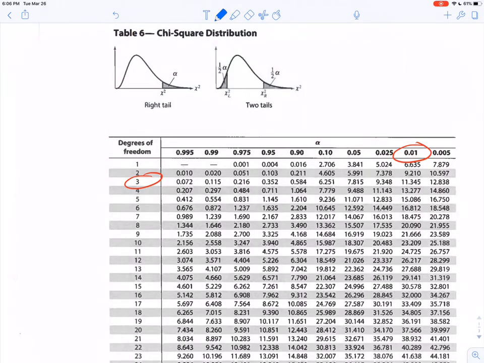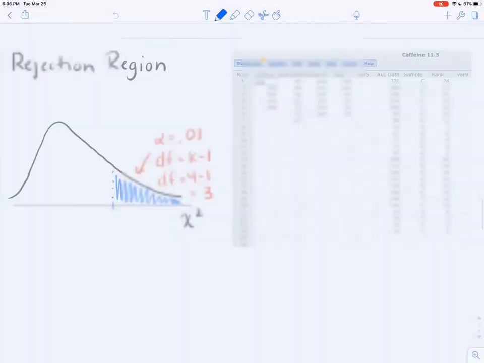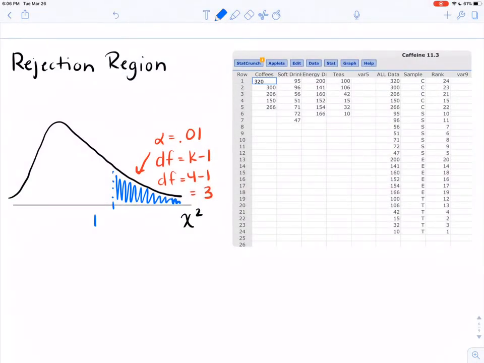Now that's going to give me a critical value of 11.345. All right, so I've shaded my rejection region. This value that I found right here in my table is my critical value. And now I'm ready